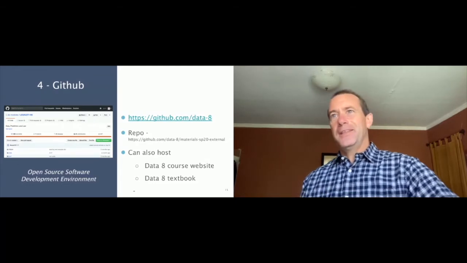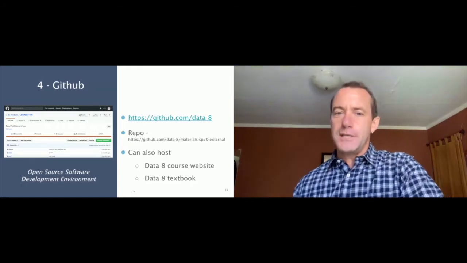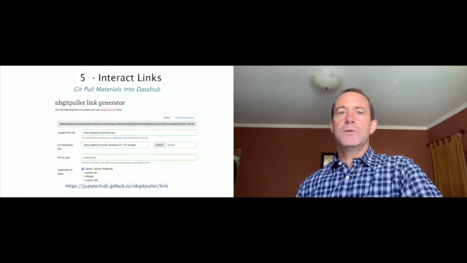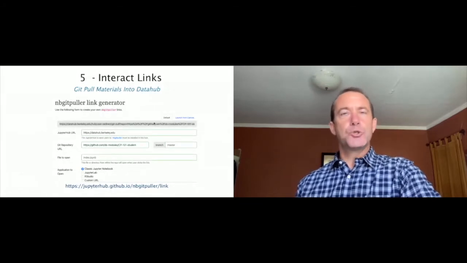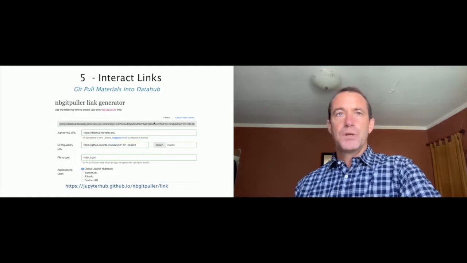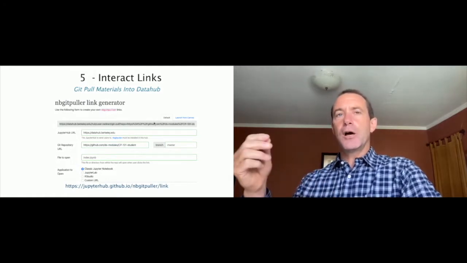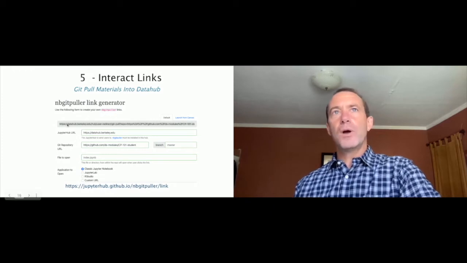All right, so this is a little tricky special secret sauce here, this thing called the interact link. So what you can do is go to something called the link generator and make a link that opens a specific Jupyter Hub with a specific GitHub repo, and I can even make a path down to the exact Jupyter notebook. And it will make this really complicated link up here. But that's how we distribute assignments out to students. So when you go to the Data 8 site, you would click on Homework 1. Homework 1 would have one of these long, complicated links there.